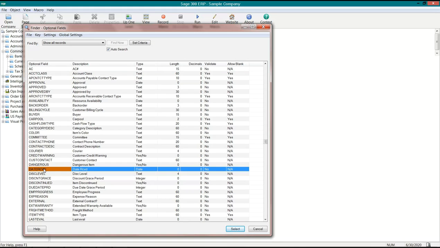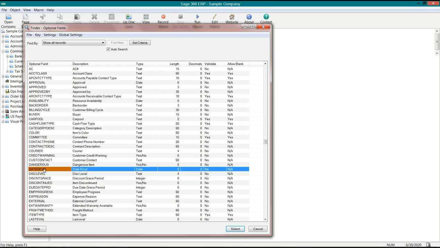or whether it goes on a sales order or not. So when you look at the screens in Sage 300 for, say, customers or vendors, you may find that it would be really nice to have an extra box or a field on that screen that records information about that vendor, perhaps what type of vendor they are or what type of customer they are. Maybe they're an A customer, B, C, or D, or you have a special way of classifying a customer, and you want to capture that at the time you're entering that customer in your system. So we can do this sort of thing by setting up an optional field,